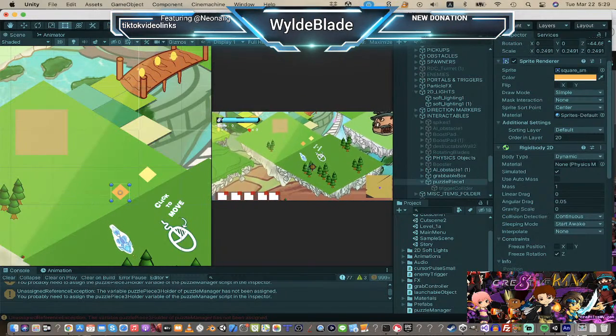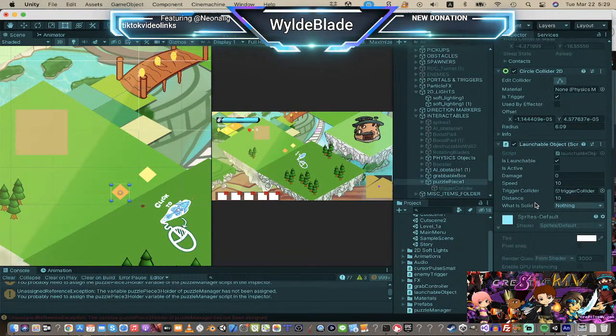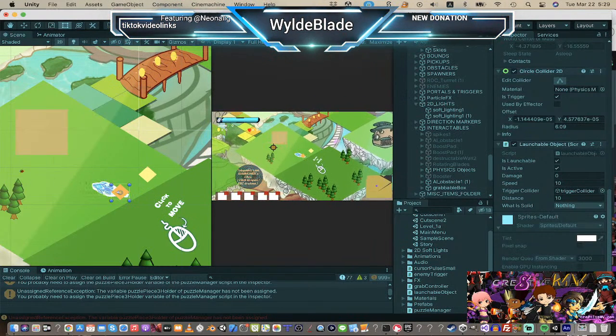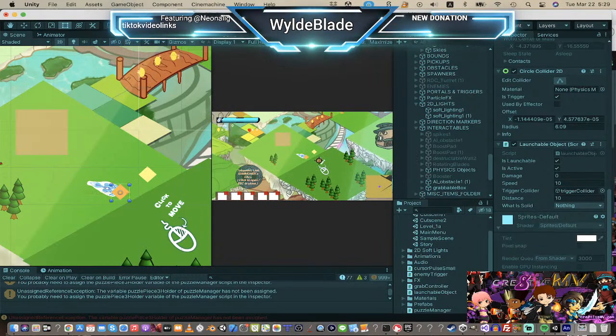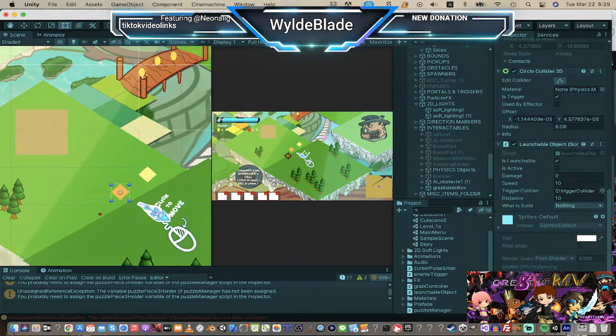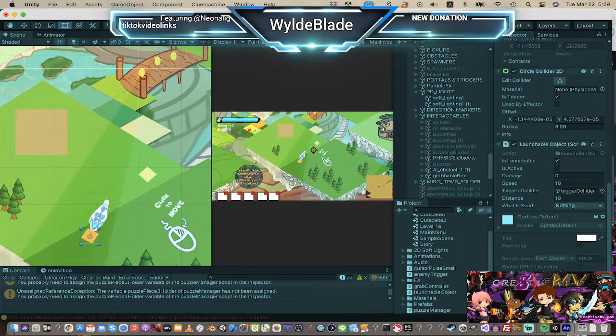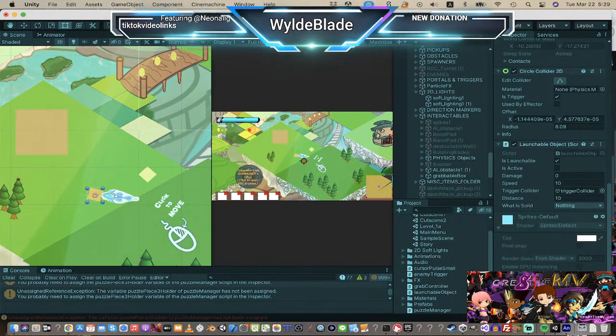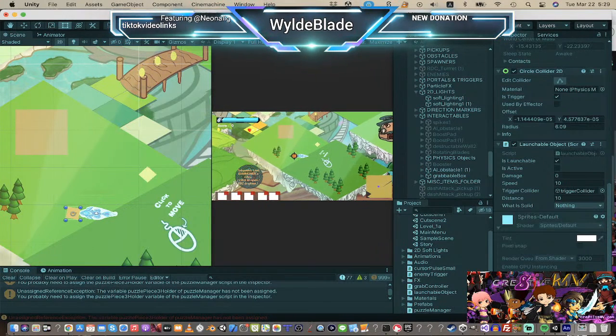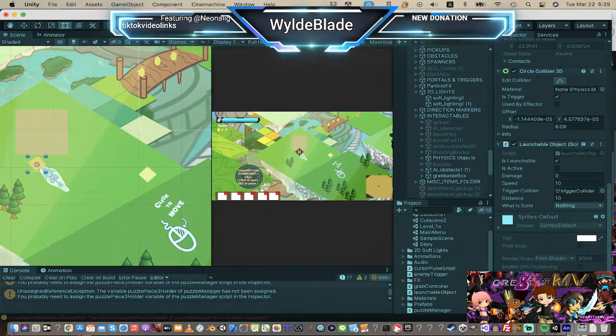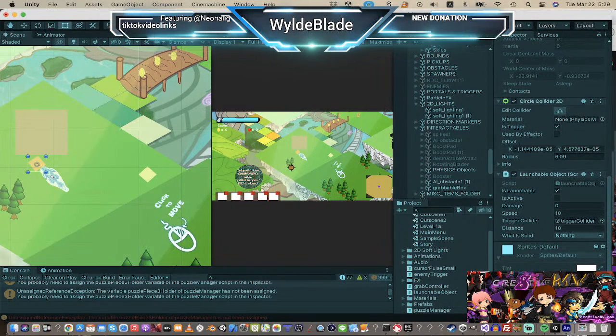Okay, so let's see. I'm looking at this right now to see if this is going to activate. Okay, good. And as soon as I move out of the range, it becomes inactive. All right, so now let's make sure this activates when I'm actually picking up the object. Oh, and it does not. Okay, so it's not activating when I'm picking up the object, and the reason for that is because